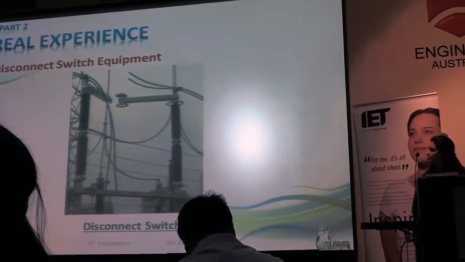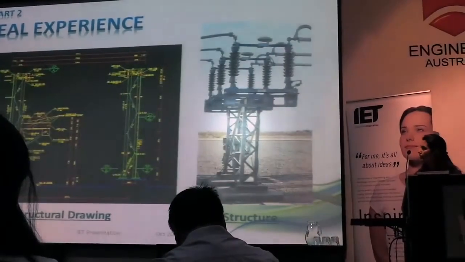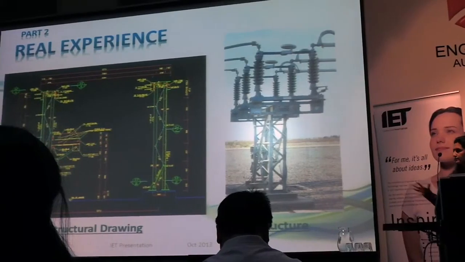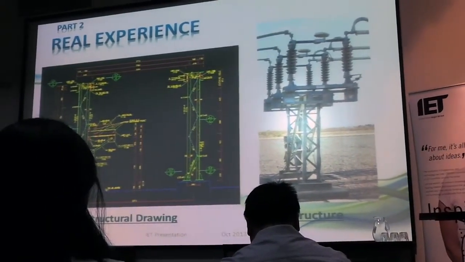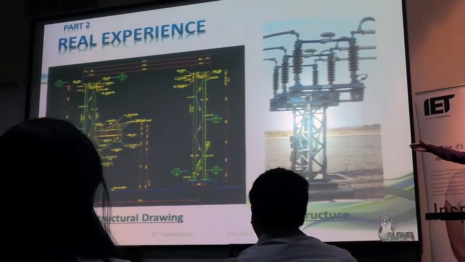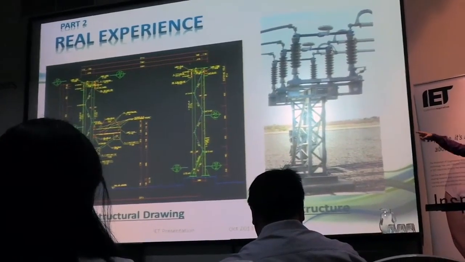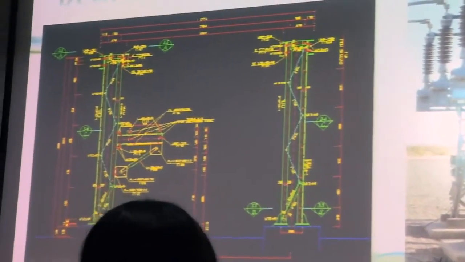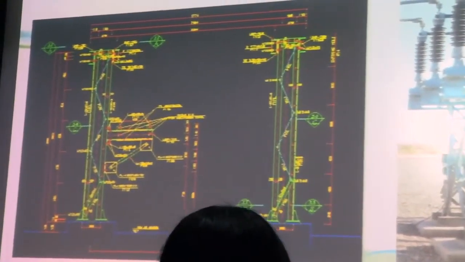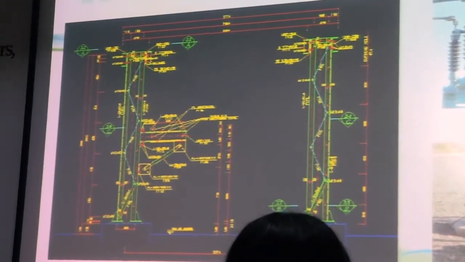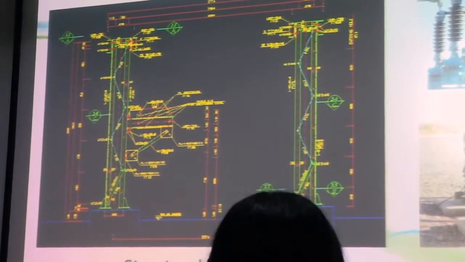In a project that I did before, I designed the structure of this equipment, and you can see the drawing in the left picture. It has many details, and the most important detail is the distances between the columns and also the distances between the equipment,